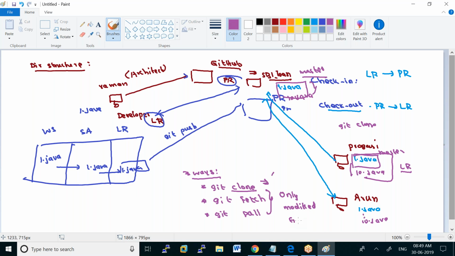Only a modified file. So what is the difference? Assume that here 1.java is a modified file, a modified version of the earlier 1.java. So whenever Prakasi or Arun issues a git fetch, what happens? It will compare the public repository content with the local repository content. It will download only those files which are not present in Prakasi's or Arun's local repository, and those files